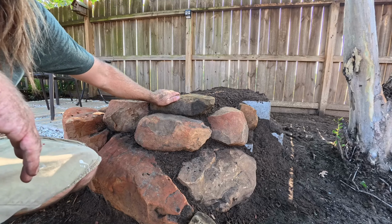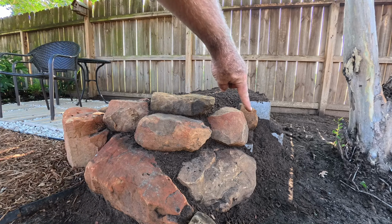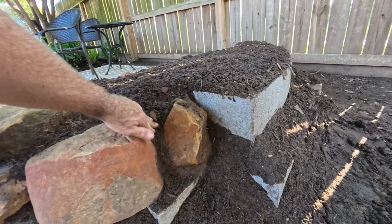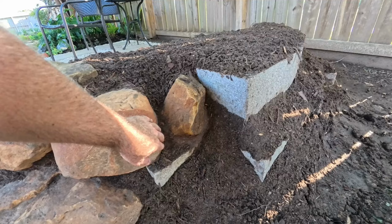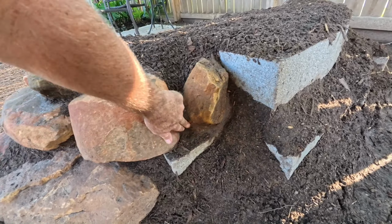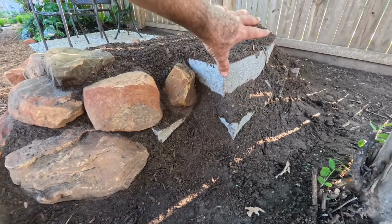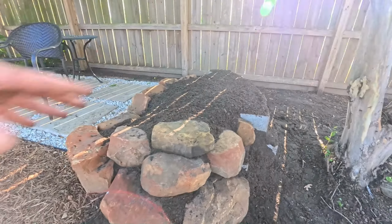Pull that one out of the garden, pull that little one right here out of the garden, and it popped in there. Will it stay there? I don't know. I just grabbed it and wedged it in there. Used some native soil and clay to kind of mold it into place. And a bigger rock will lean against this whole thing to conceal and cover this. So we'll see, but just goes to show,